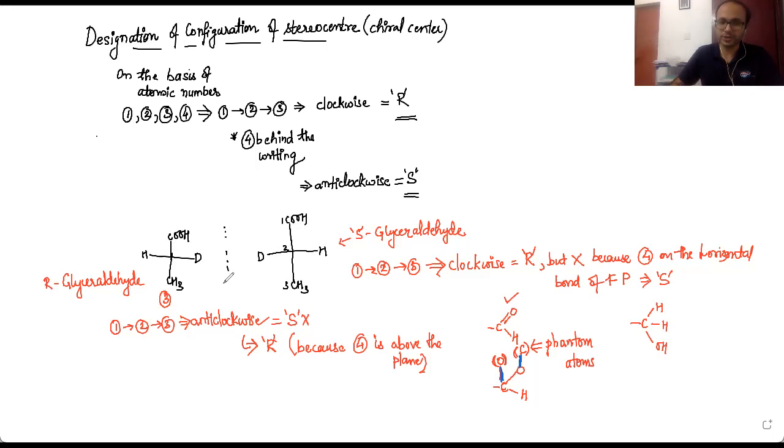Now let us see how we are going to arrange the priorities. If we look in here, how will we decide the first priority? Obviously, deuterium is an isotope of hydrogen, so it won't be considered first. First would be carbon. Carbon has a higher atomic number than either of these isotopes of hydrogen. So the first priority will be decided on the basis of these carbon groups. One of the groups is CH3, basically a carbon attached to 3 hydrogens. Another group is again a carbon, attached to carboxylic acid. As we did in the case of CHO, we will consider this to be equivalent to